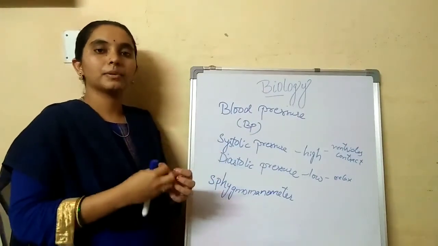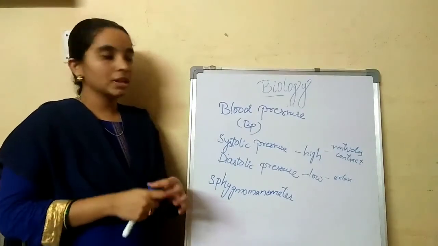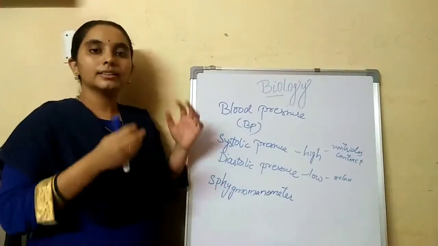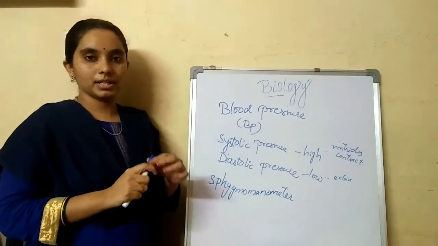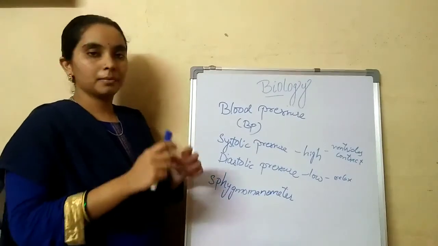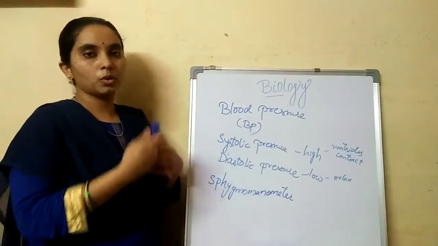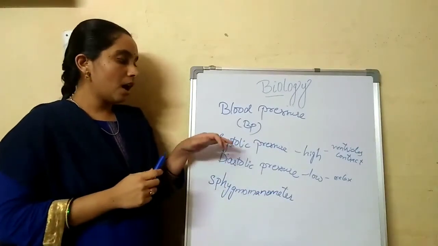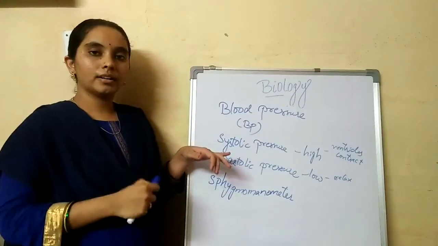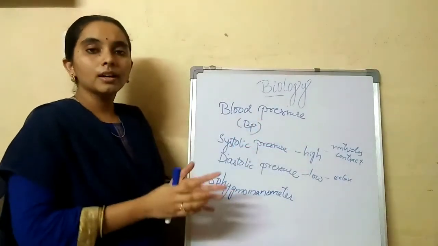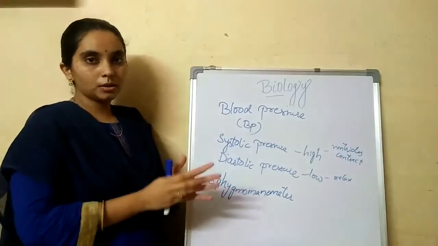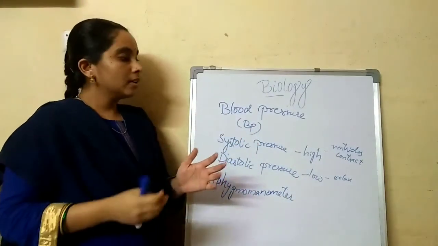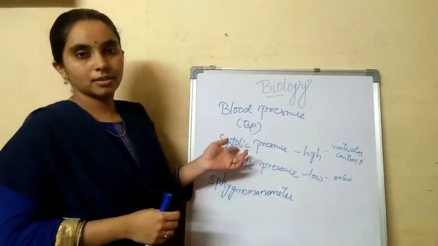Blood pressure is present in every organism. When there is fluctuation in the reading of the blood pressure, that condition is called hypertension. Okay, so if the blood pressure is more, they say high BP, and if it is low, it is low BP. How it is measured: I already told you that ventricles contract with some pressure to give the blood into the aorta and into the pulmonary artery. That pressure is called systolic pressure.